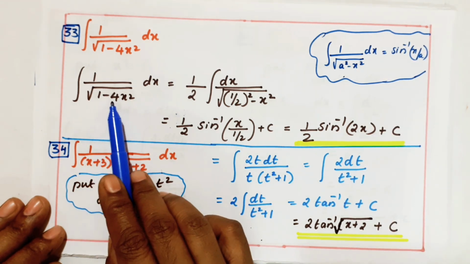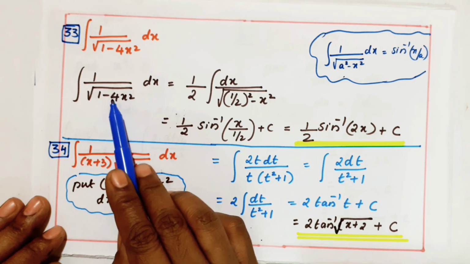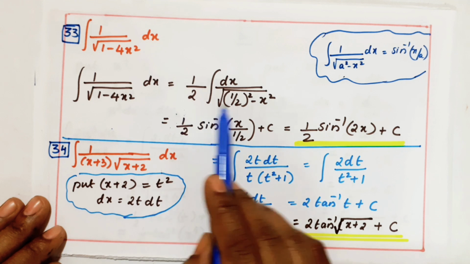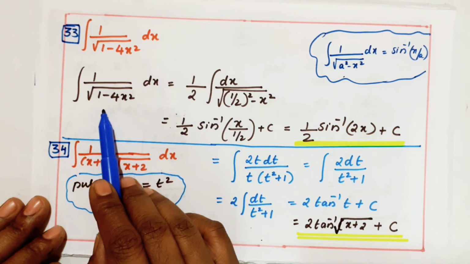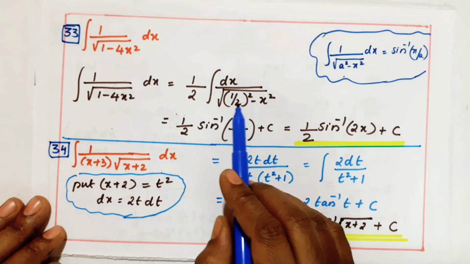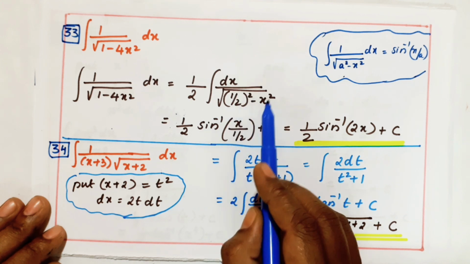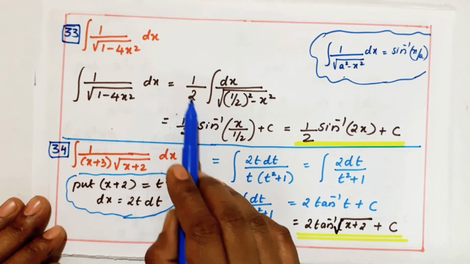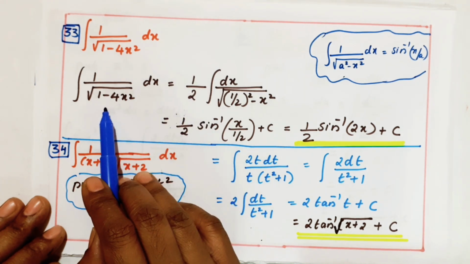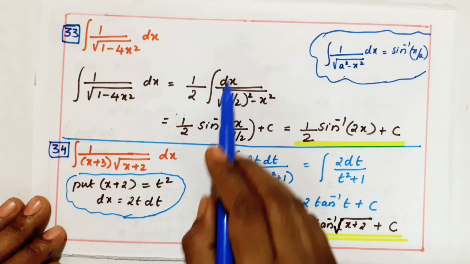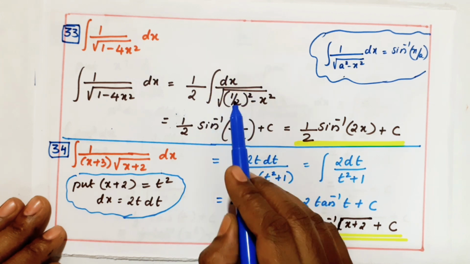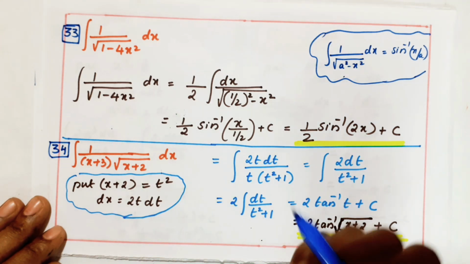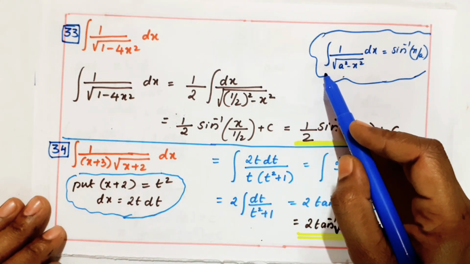So what we are doing is, I am taking the coefficient of x from here. The coefficient of x square is 4, so I am dividing by 4. Dividing by 4 will be 1 by 4. 1 by 4 I can write as 1 by 2 whole square minus x square. The term I have taken common comes outside the root, it becomes 2. So the same equation I can change as 1 by 2 integral dx by root over 1 by 2 the whole square minus x square. Why we are doing it like this? Because we have this standard formula.